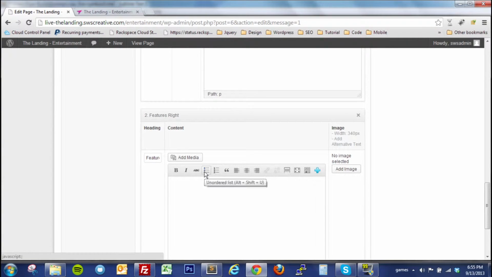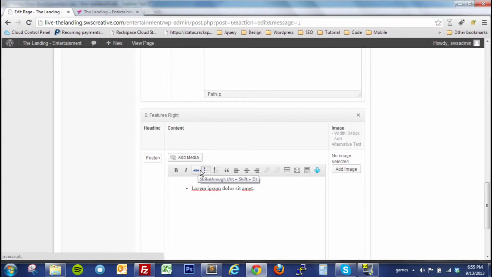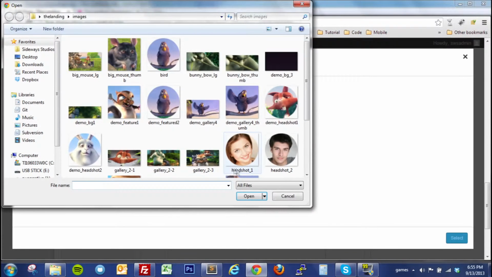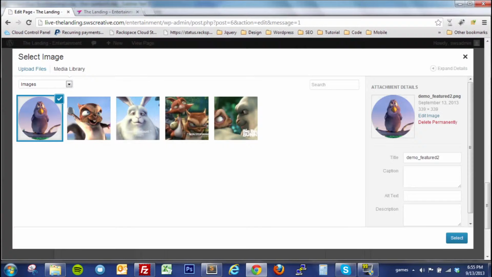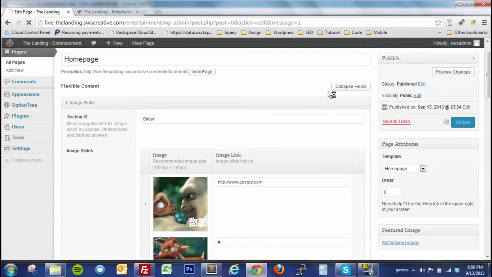Actually, let's give it a bullet list. So we'll do it this way. Okay, bullet lists. We'll give it 4 bullet list points, and we'll add a new image. So let's upload a new file, and we'll do this one. Hit select, and I want to go and click update,